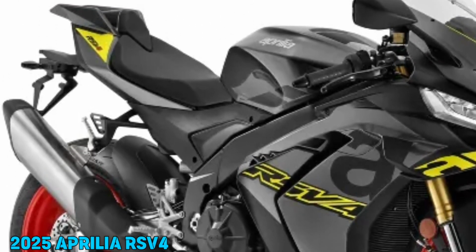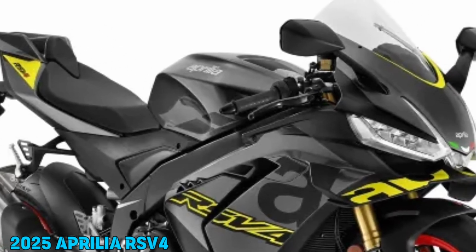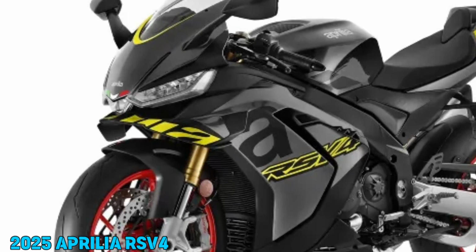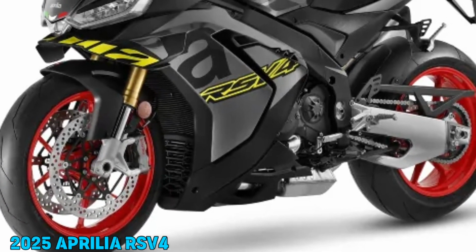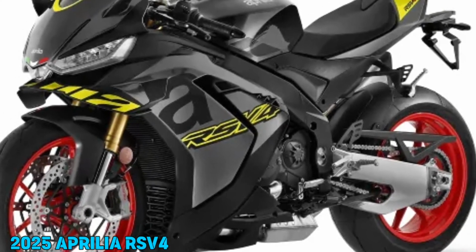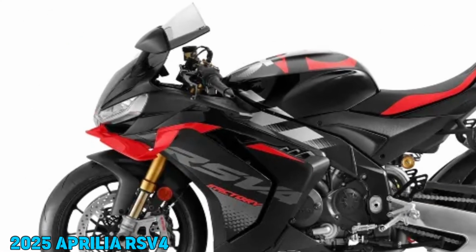The electronics. ATC, Aprilia Traction Control. New, AWC, Aprilia Wheelie Control. AEM, Aprilia Engine Map. AEB, Aprilia Engine Brake. AQS, Aprilia Quick Shift. The Aprilia RSV4 Factory features premium equipment, including forged aluminum wheels and the Öhlins Smart EC